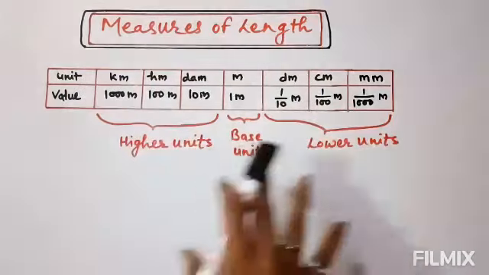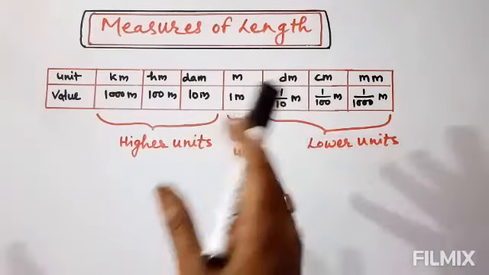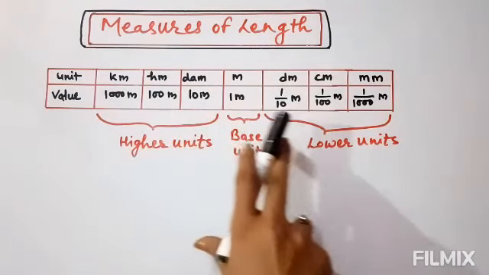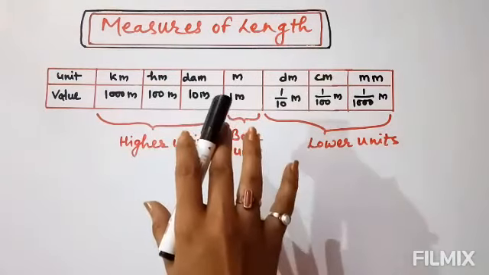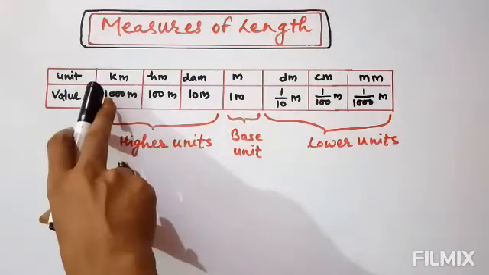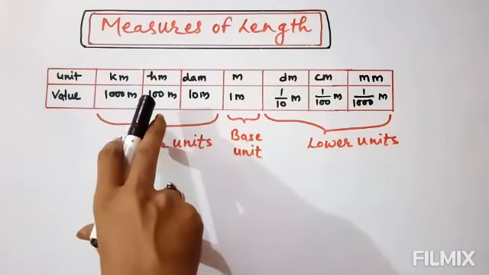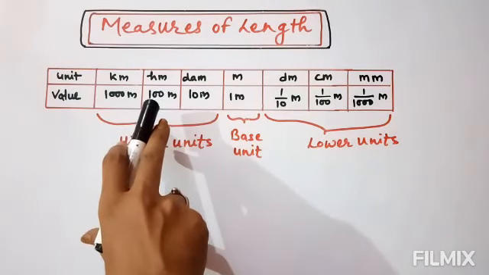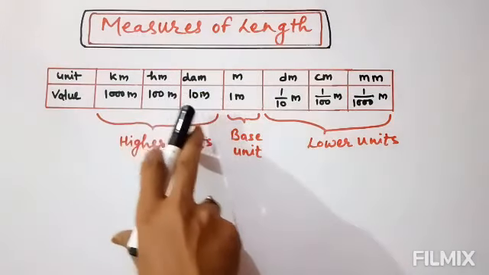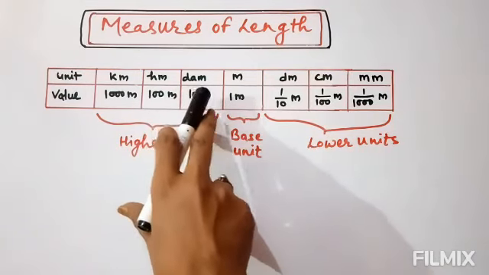As you can see, I have prepared this chart to explain the units of length by which it can be measured, and their value is also shown to understand how we calculate it. So first of all, we will understand this chart. The higher unit of length is the kilometer, which is denoted by km in this chart, and smaller than kilometer is hectometer, which is denoted by hm. Similarly, decameter is smaller than kilometer and hectometer, and it is denoted by dam.